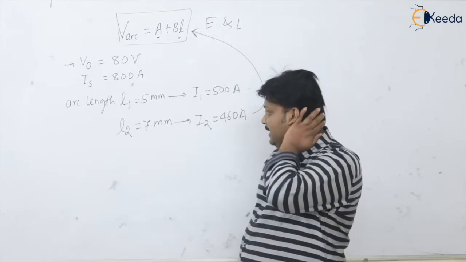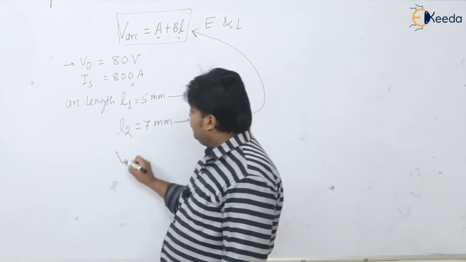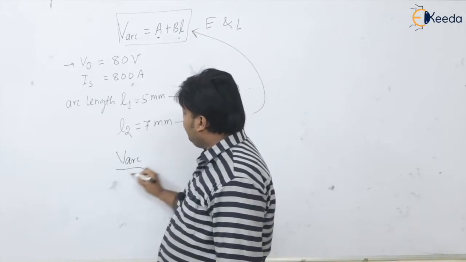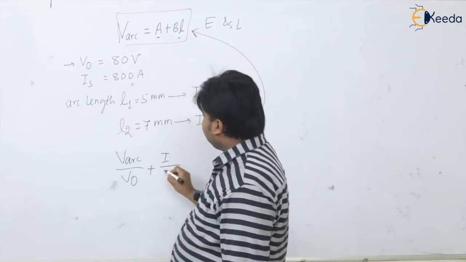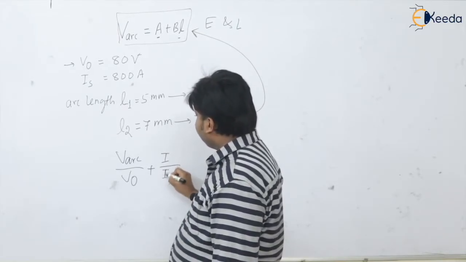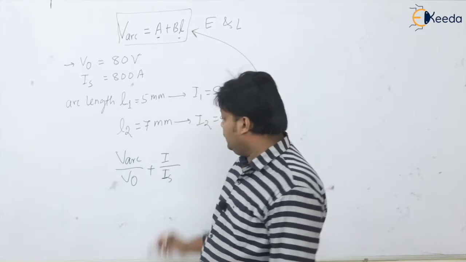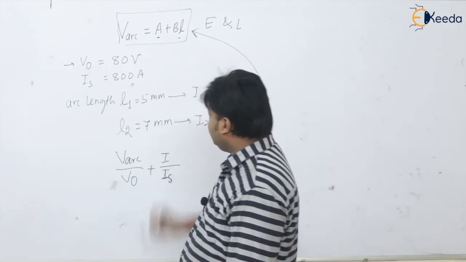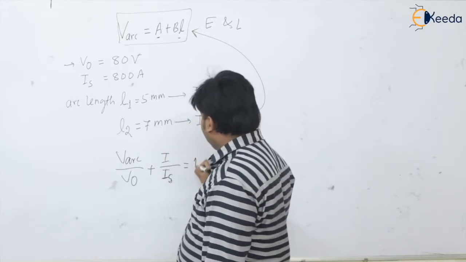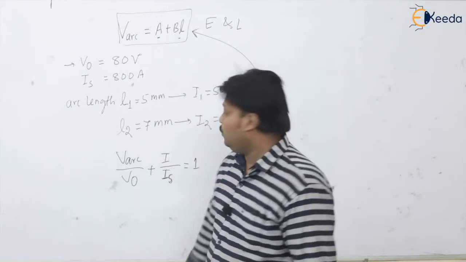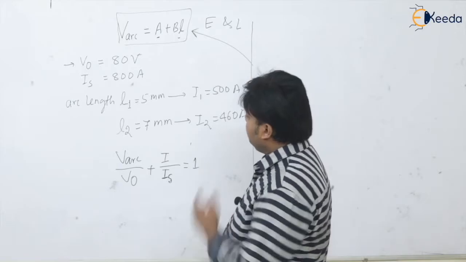We know that एक equation मैंने दिया था आपको VI characteristics में, कौन सा? The voltage in the arc divided by open circuit voltage plus I in the arc, current in the arc, divided by current in the secondary of the transformer, which is IS, the short circuit current, maximum current in the secondary winding. We learned all this is equal to 1. So let us put the values for these two conditions.